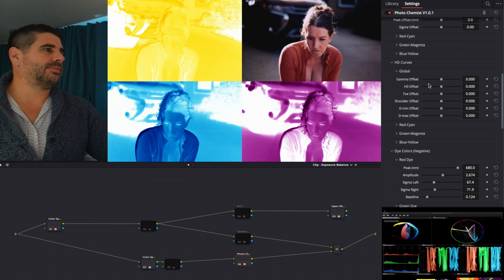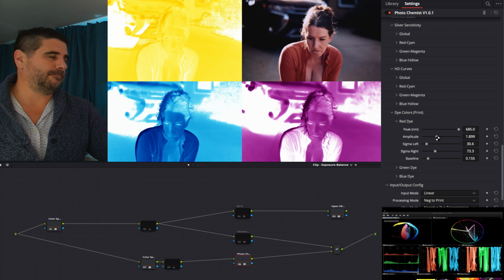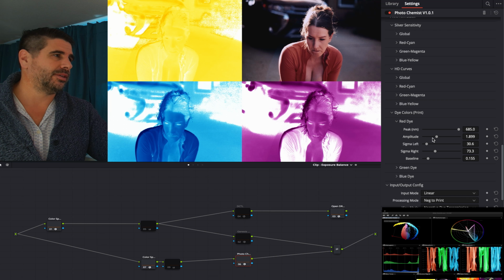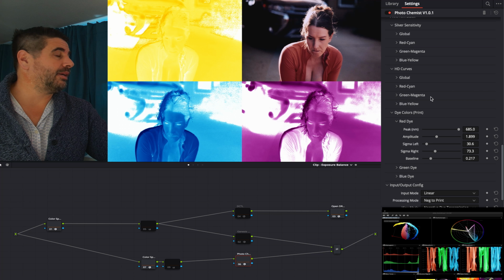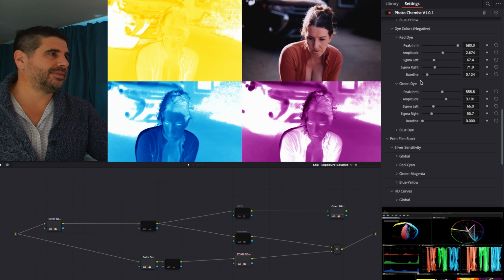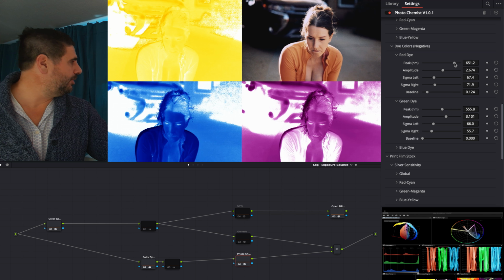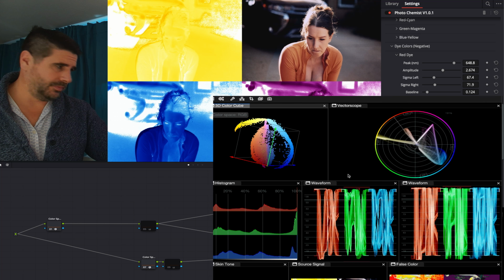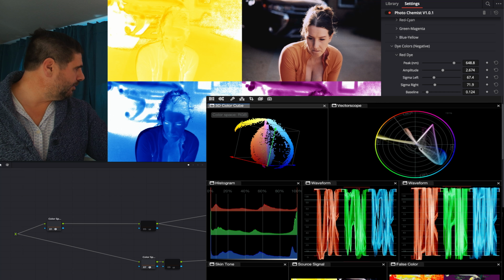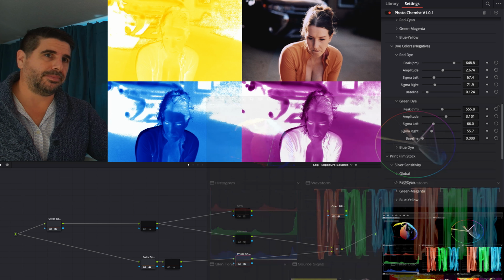And so we can get a grasp for the adjustments that we're making, which emulsion layer they're being applied to. So if we're only working on the negative side, you won't see any change, only to the final up there. On the negative side, where we're fiddling with the red dye, you can see it's tweaking the hue shape of that. And if we look at the vector scope, you can see our hue or cyan,